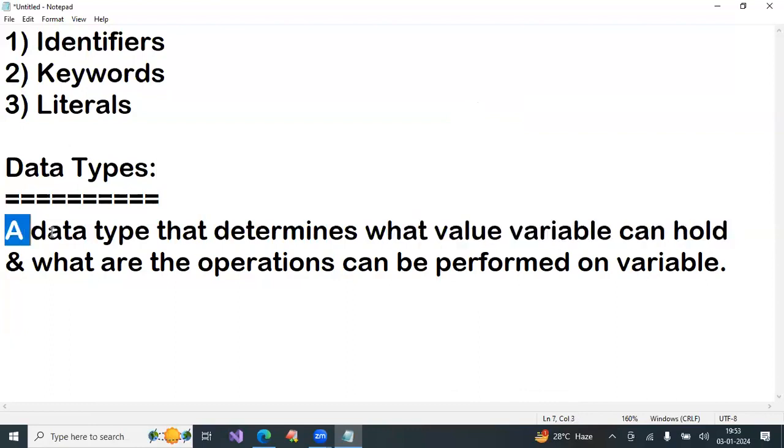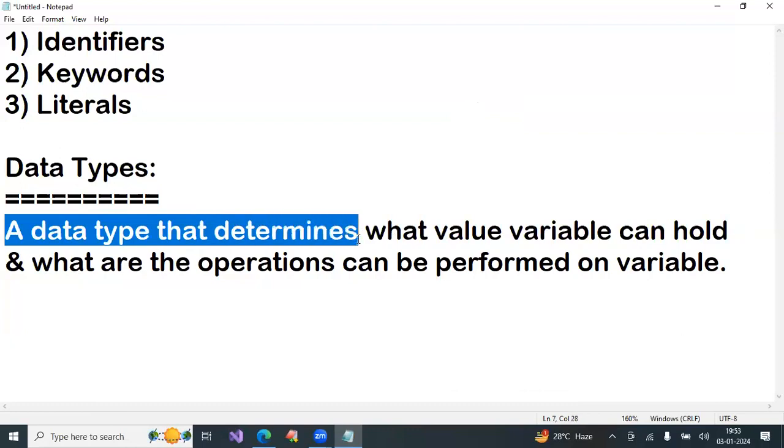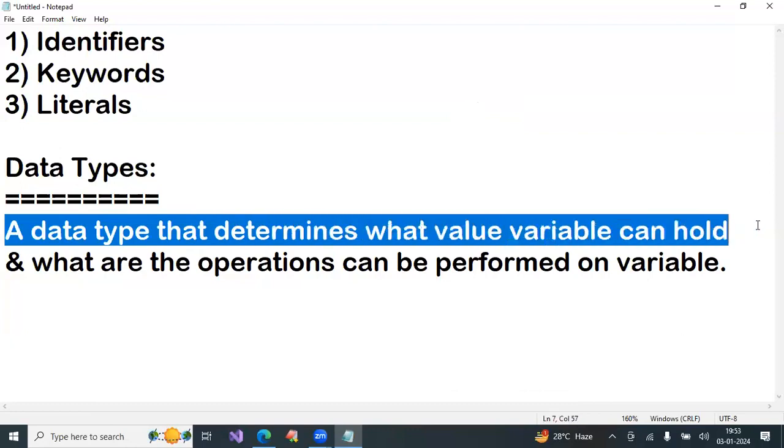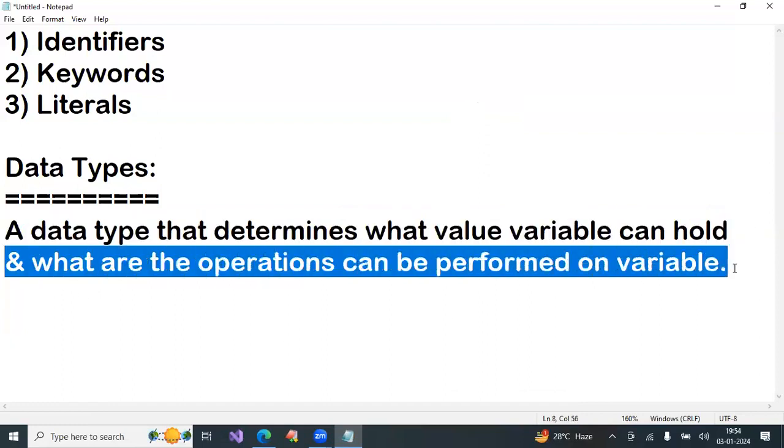So a data type determines what value a variable can hold. Data type decides what x variable should contain and what y variable should contain. Even whether an operation is possible or not, who will decide?